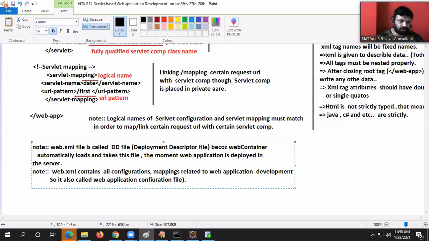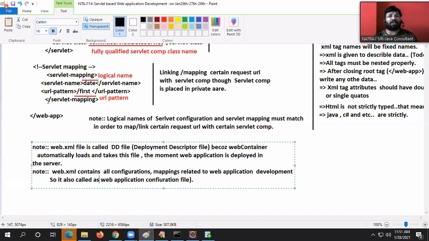Because anything in the application should be configured through this web.xml, that's the reason.